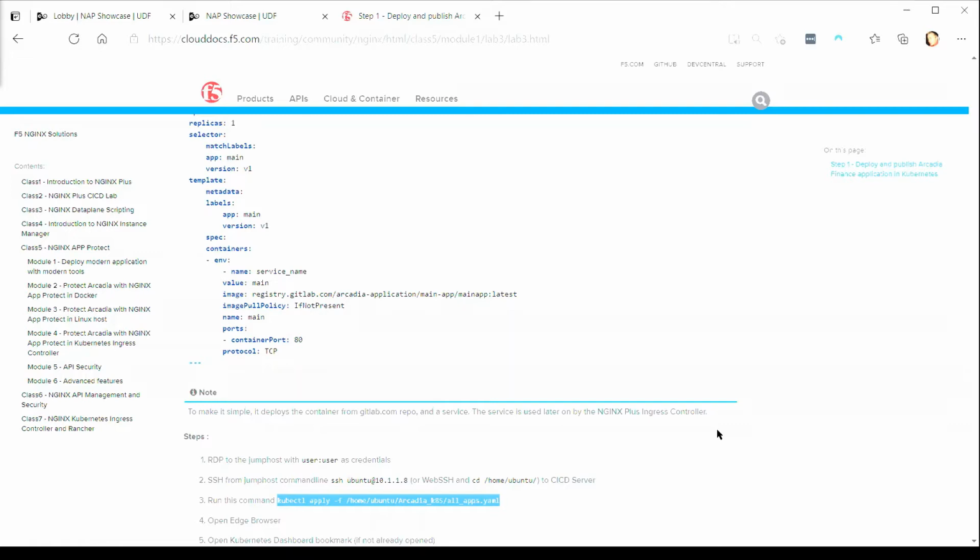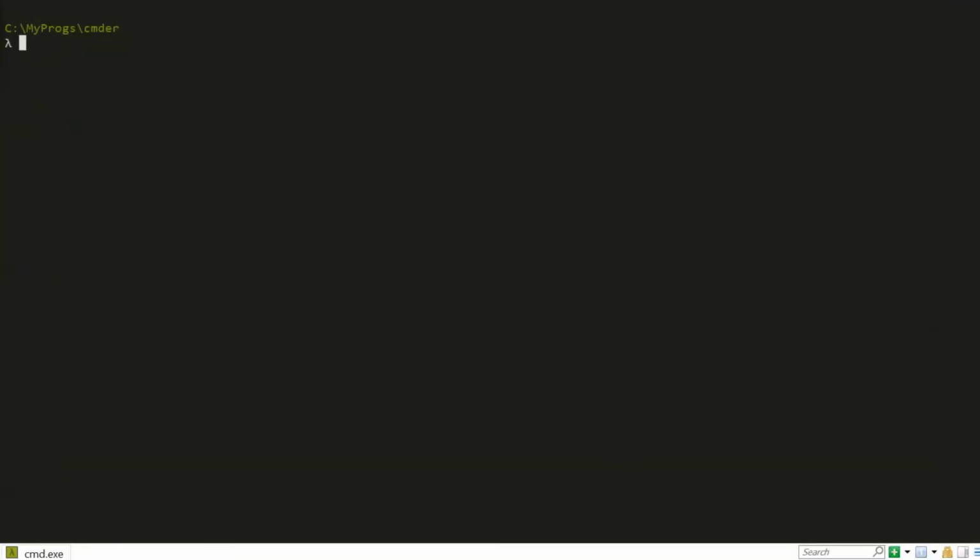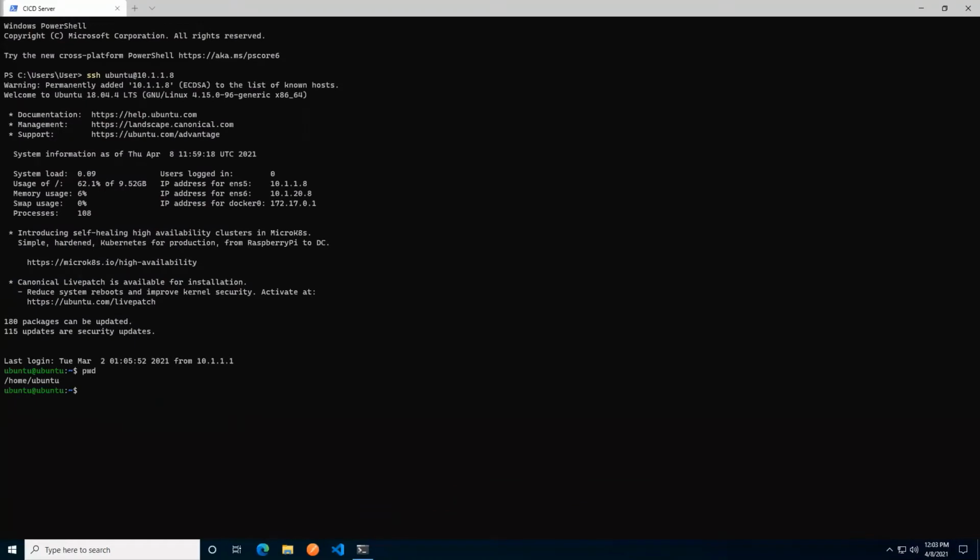I'm going to pop back over to my RDP session, and I'm going to paste that command into the terminal. So now that I run this, and this should only take a couple of seconds, it will go ahead and spin up the pods effectively that we need for the Arcadia Finance application. So there we go. We see it created the backend, the main, and the app2 and the app3. So all of these are now created.